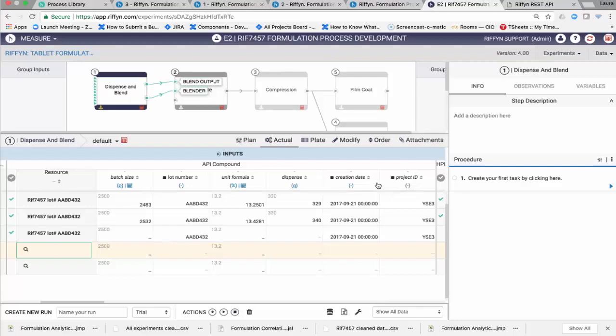And then you'll see that there are other properties such as batch size, unit formula, and dispense that are specific to this experiment. And so now I have the opportunity to type in those values here. So you'll see that this 330 is the target amount, and this 340 that I typed in, I'll just use this 350 for example. So you can see that I'm keeping track of the actual amount used and the planned